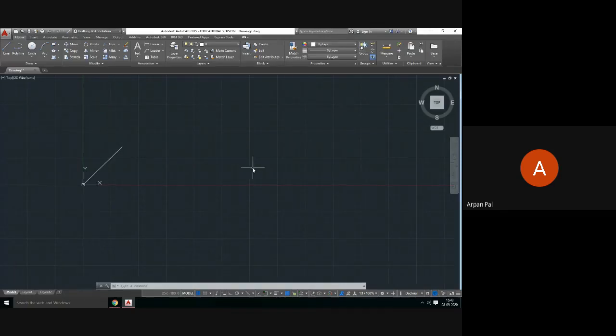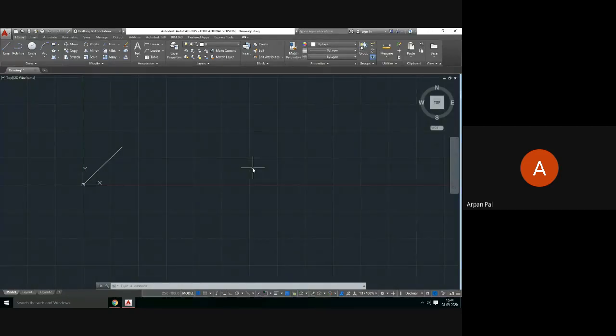That means you understood up to this. There are many methods of drawing a simple line. A simple line drawing consists of a lot of methods. I request those students who have already installed AutoCAD on their computer to please try these methods for 2-3 minutes. For these 2-3 minutes, I am not showing anything new. You try to draw this yourself, because until and unless you draw yourself, these things will not be grasped by you.